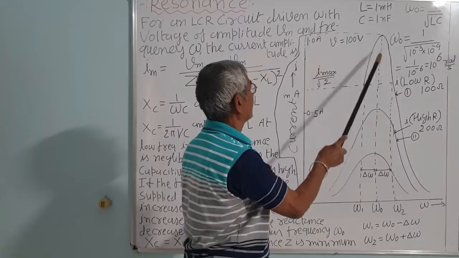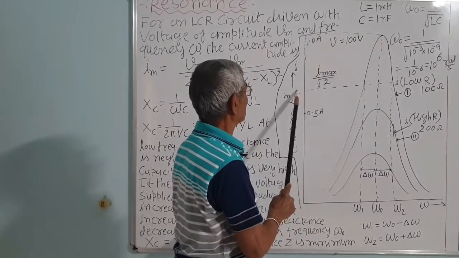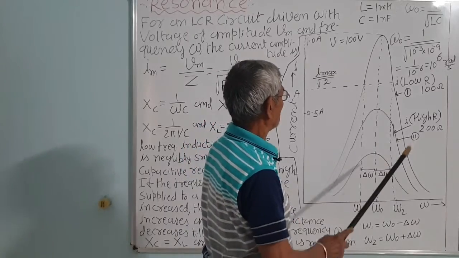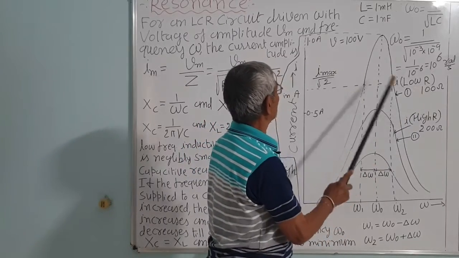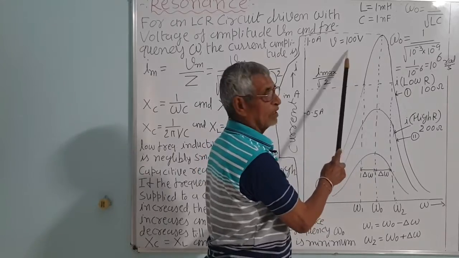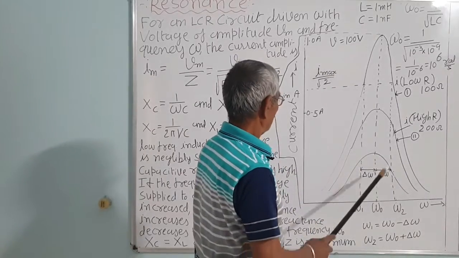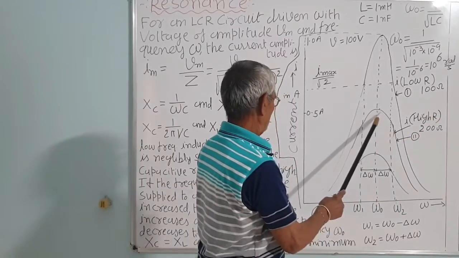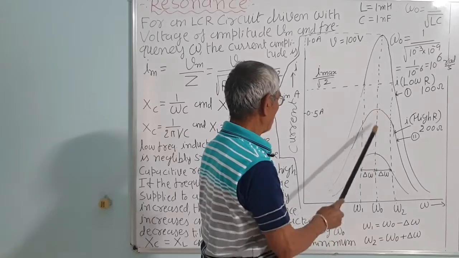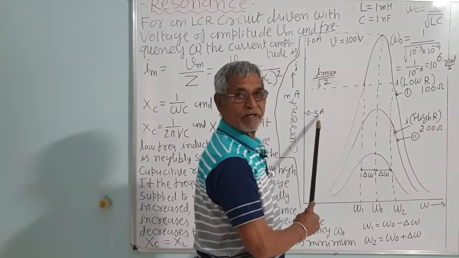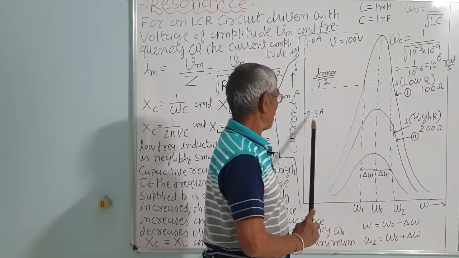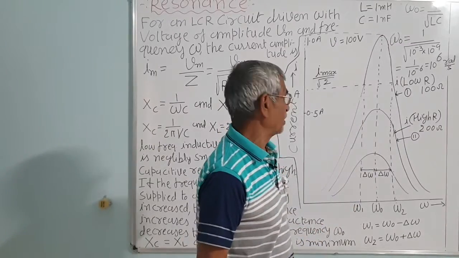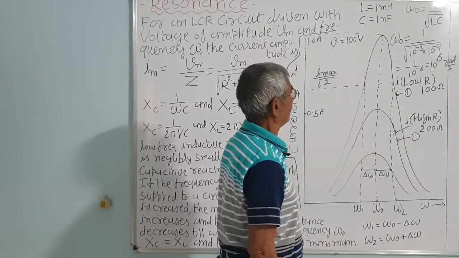So, current amplitude is very high, and this is the current amplitude at this omega 0 frequency; the current is 1 ampere, you can say. Suppose the supplied voltage is 100 volt and resistance value is say 100 ohms. So, 100 upon 100, that is 1 ampere. This is the curve for the higher resistance. The R is more, the amplitude of the current will be less. This is the amplitude of the current, that is 0.5 ampere, because resistance doubles. So, Vm upon R will be half.